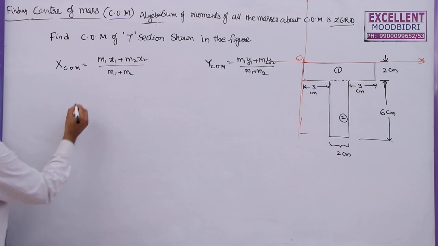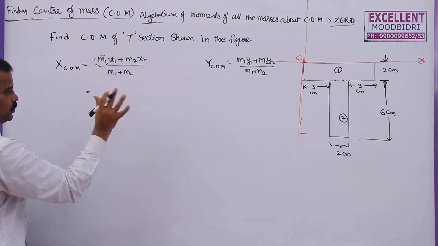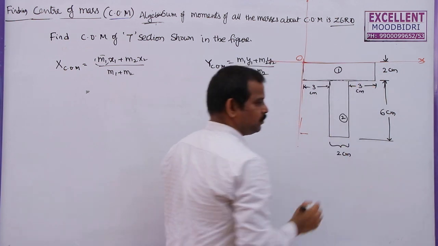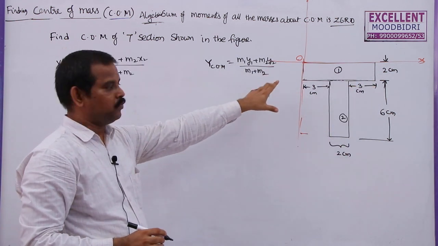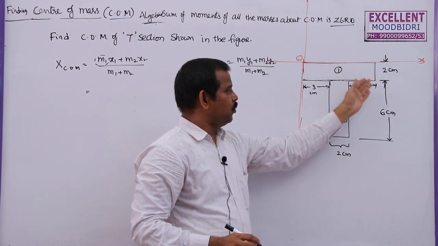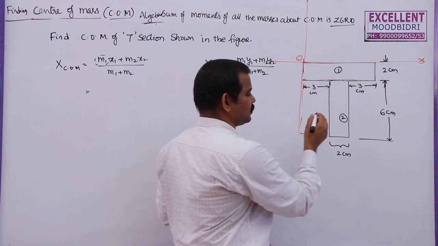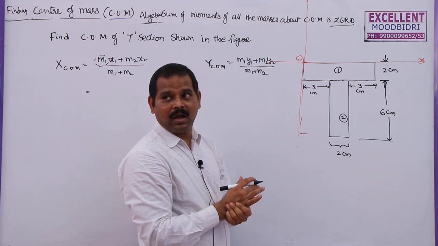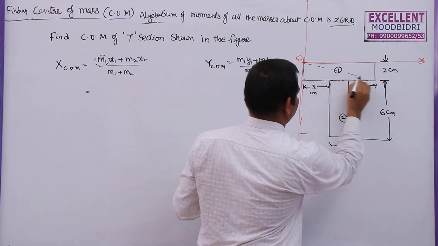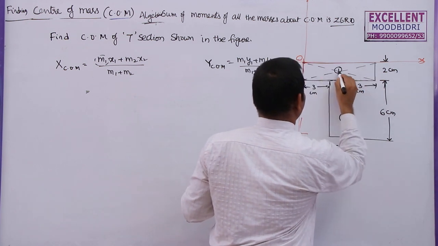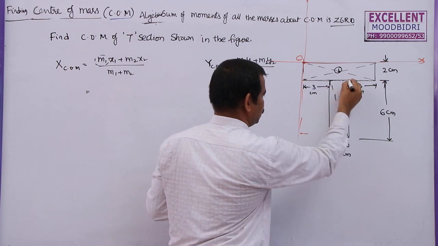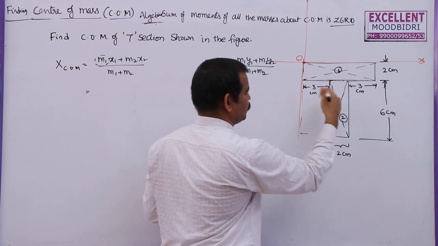So now how to find the mass of this first plate? Here the masses are not given. In the previous problem masses were given, positions of the particles were given. But here this is not a particle, this is a body. So for regular bodies, the center of mass lies at the geometric center of that structure. So if you join these diagonals, this will be the center of mass of this one. Similarly, join the diagonals here. So this is the center of mass of this part.